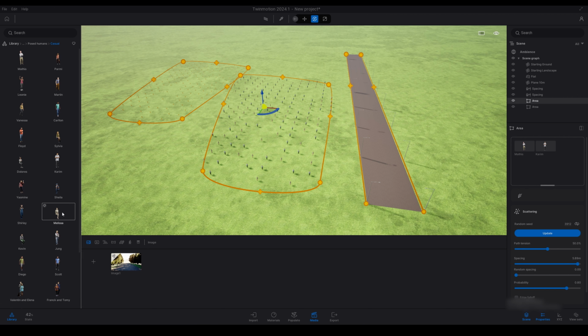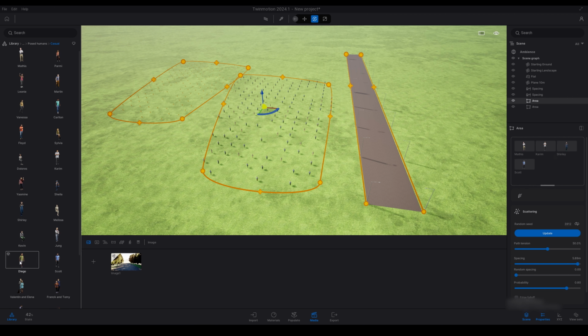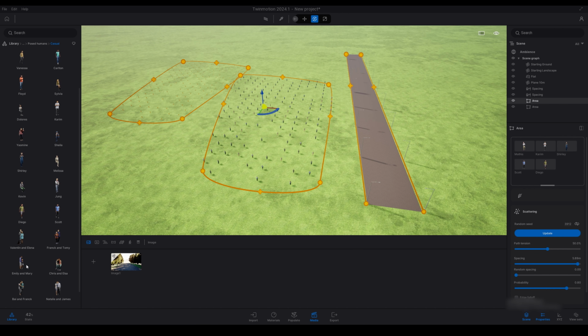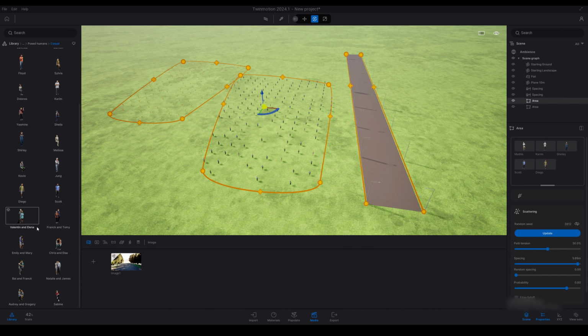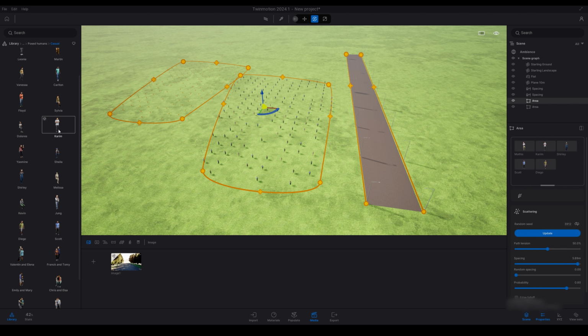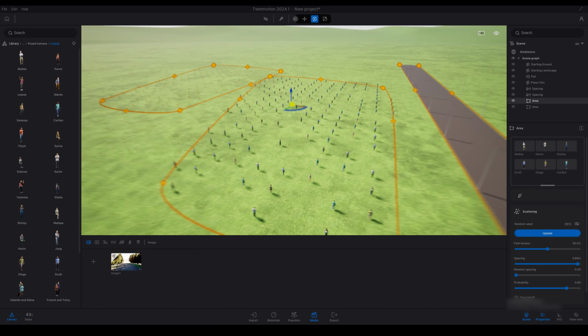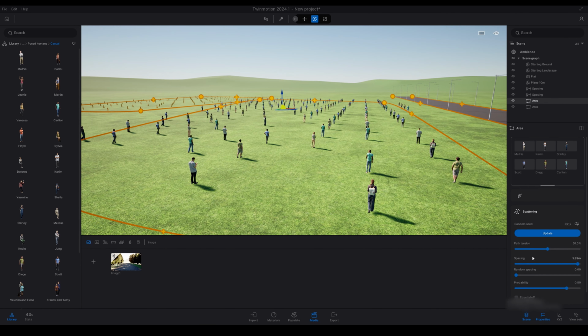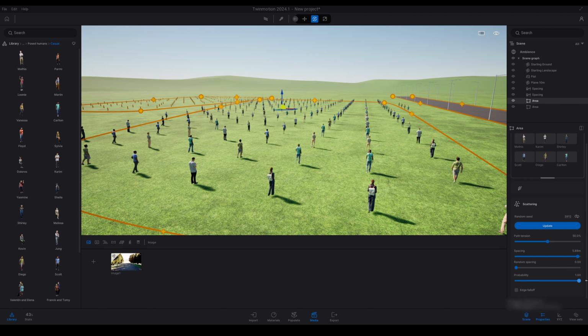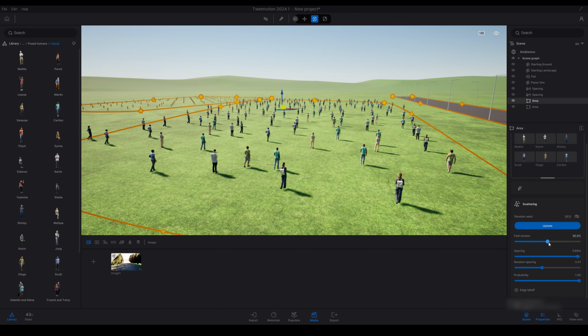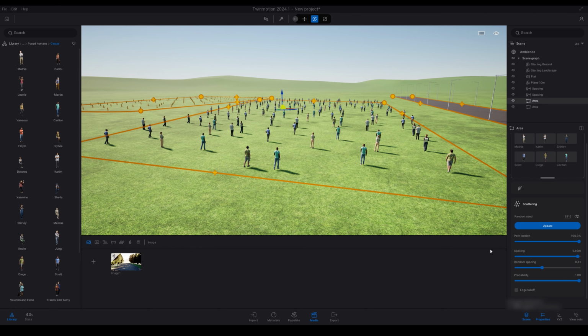So the reason I'm doing this is just to show you that you can add different types of assets. Like you can see I'm adding 5-6 different types of assets into this now. So you can increase the probability, the random spacing, the path tension.